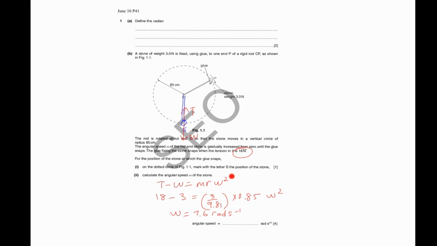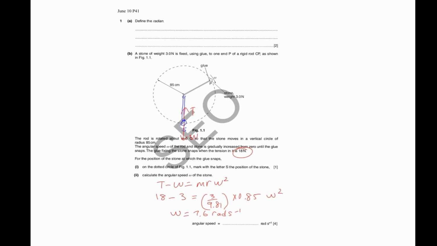Some people ask me why I never use mv squared over r. Because they want to find angular speed. If they ask you to find the linear speed, then I would use mv squared over r. Angular speed is m r omega squared. Okay, now I use that to find omega. So substitute your tension and your weight. m is just your weight over 9.81. r is the length of the cord here, or the rod here,